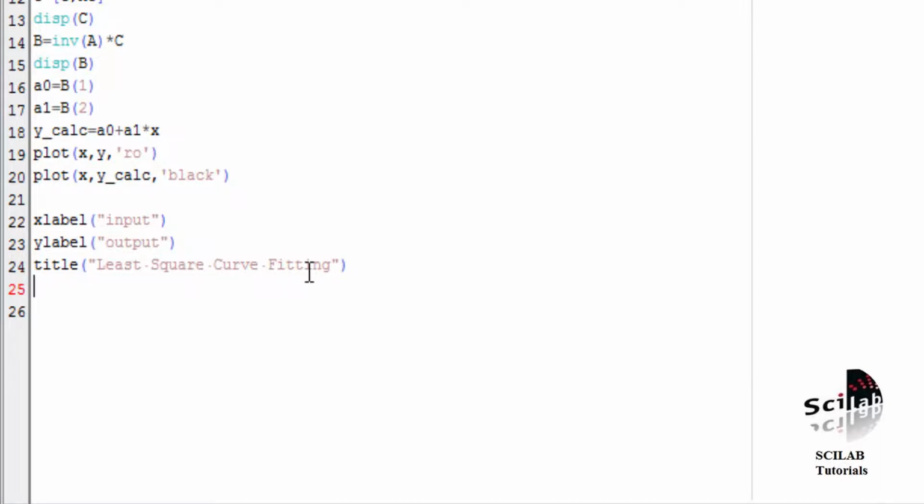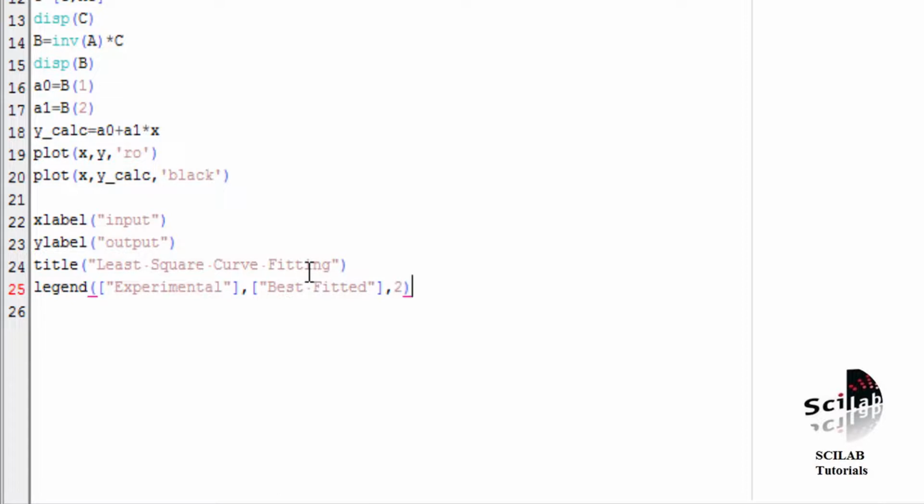Legend, because we have two types of data, one is experimental and another one is calculated, so we will write legend, round bracket start. First is the experimental data we are plotting, so I will write experimental, and the next data is best fitted, in double quotes. Best fitted straight line basically. To make it simple, I have written only best fitted and then given the position of the legend. There are 4 positions, 1 2 3 4, so I am choosing 2.